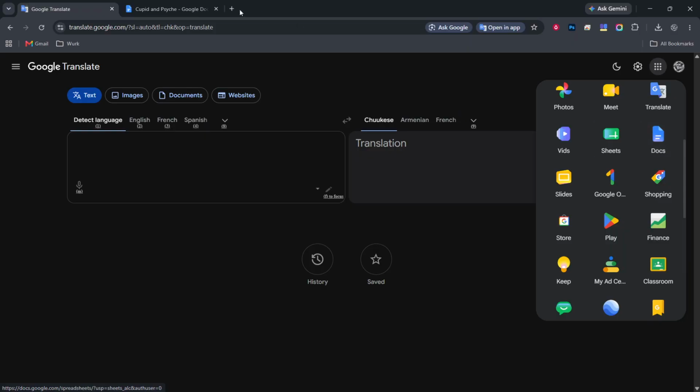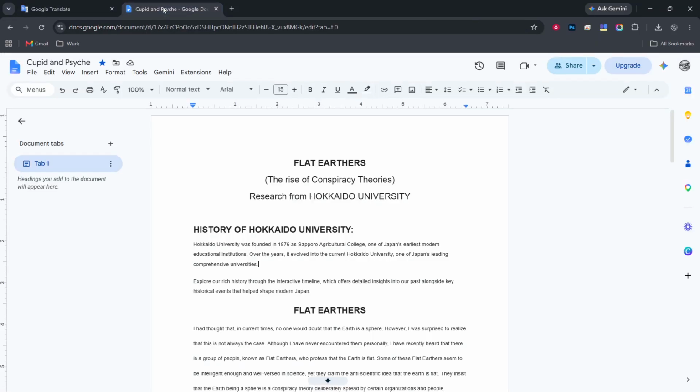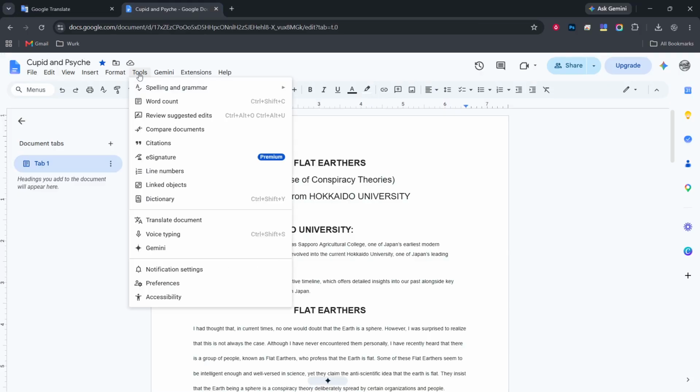Once your document is open, click Tools in the top menu bar. You will find Tools near the middle of the menu row between Insert and Extensions in most layouts. When you click Tools, a drop-down menu appears, stretching down from the top of the screen. This menu contains many options related to editing and processing your document, such as spelling features and word count, so do not worry if you see a long list.